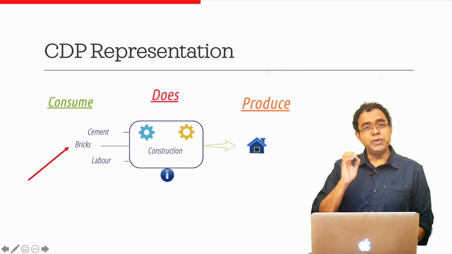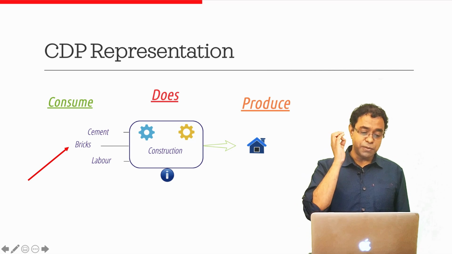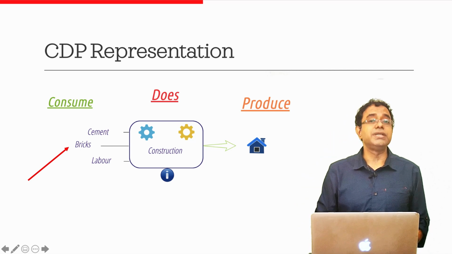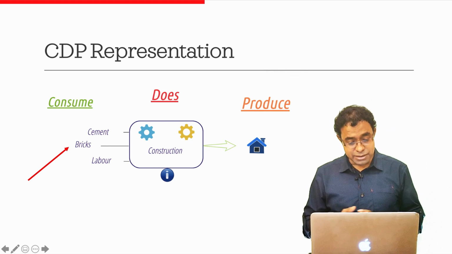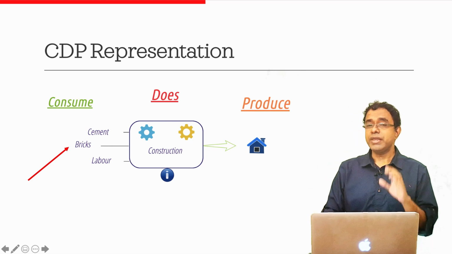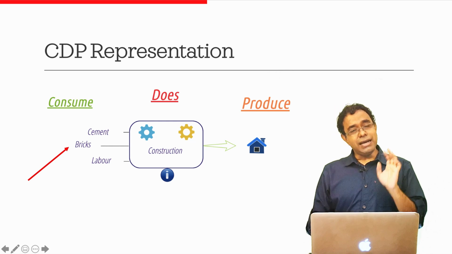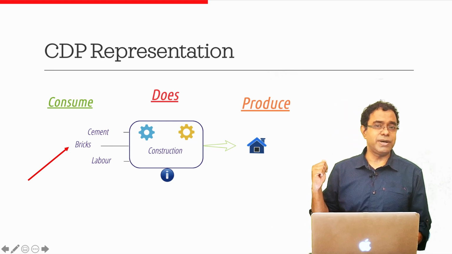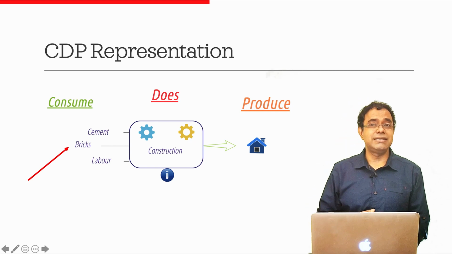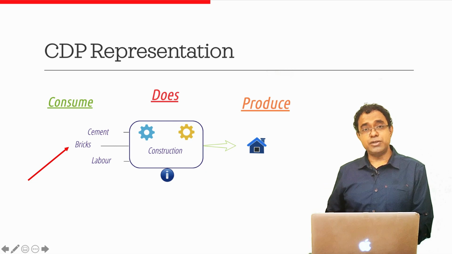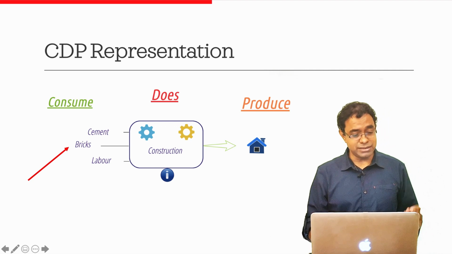First of all, you can clearly see what all things will be consumed. You can see that cement will be consumed, bricks will be consumed, labor will be consumed. Okay, labor as labor force will be consumed, and the construction will be done and the house will be produced. Show this picture to anyone in your organization and ask the question, do you understand the requirement? I'm damn sure that almost all of them will say yes, no matter which department they belong to, which programming language they work on. Okay, everybody will be able to understand this.